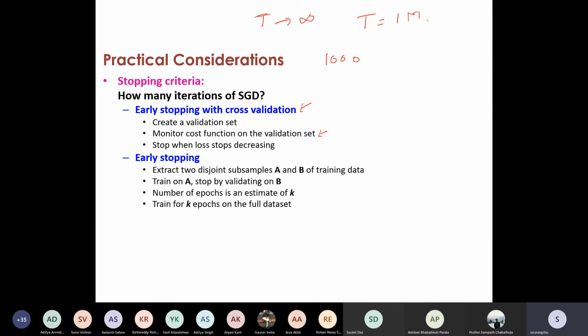You can set up a criterion: if the loss function value has not decreased by more than, let's say, 10 to the power minus 6 over the past 5 checks, meaning the last 5 times that you have checked, so basically the past 5 epochs,